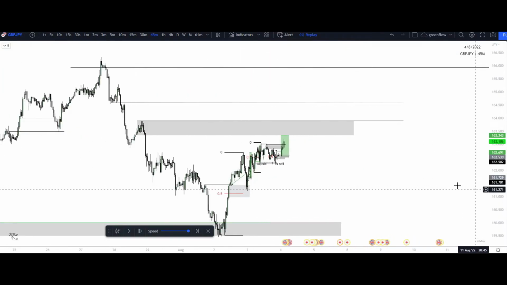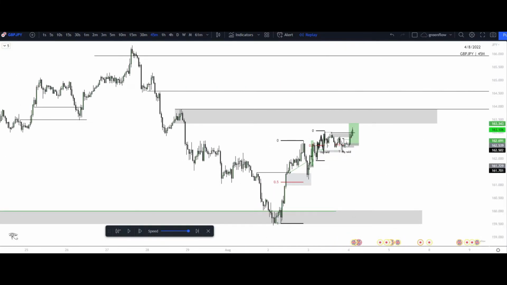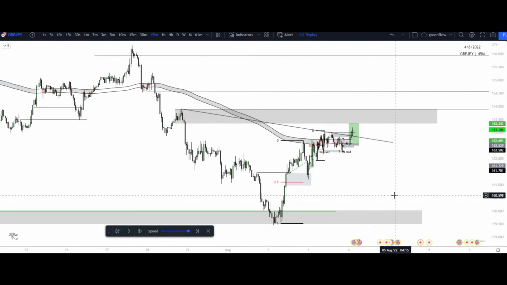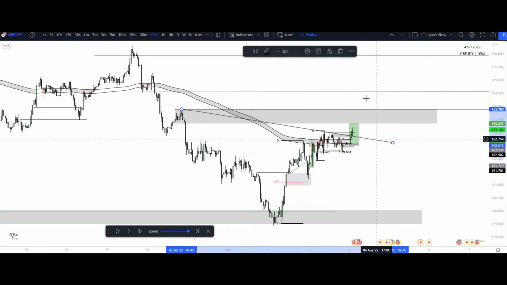Everyone is starting to long this trend. Let's go ahead and just bring this back. Look at the trend line, right? Same exact scenario. I'm not sure how the EMA would look at this point in time, but we can just throw it on, see if that shows anything. Yep. Perfect, right? We see where the lows are presented. We understand we're still coming into premium, right? But it looks like everyone's getting in trades at this point in time, right? Trying to take it higher once it breaks out of this EMA, breaks out of this trend line, breaks out of their level, right? Whatever it is that they have in place.